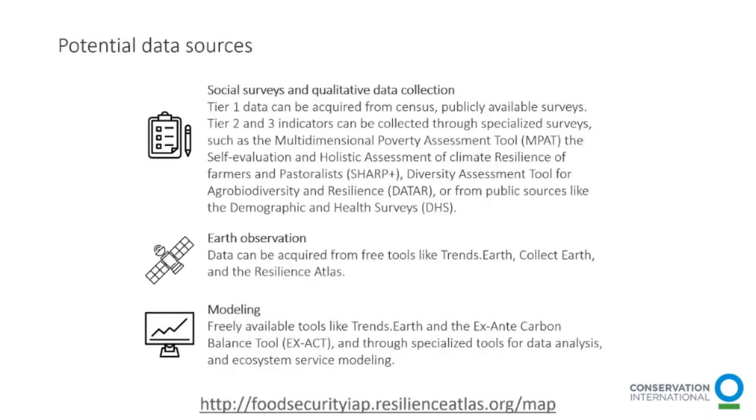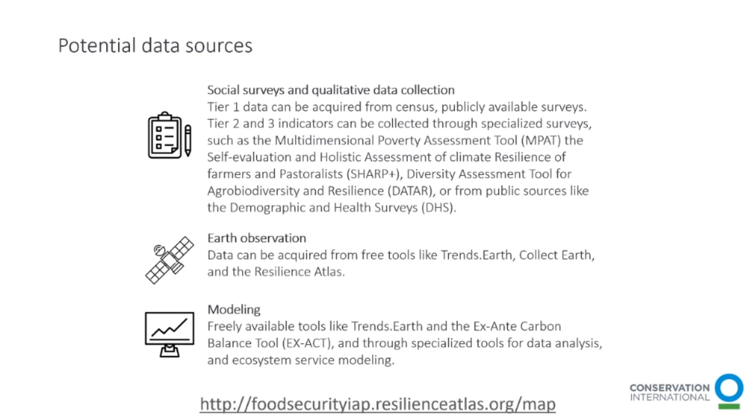What are some potential sources for these indicators? Well, it's going to vary a bit depending on the component that we're talking about, be it assets and capacities, stressors and shocks, or contextual factors. But in general, social surveys and qualitative data collection, Earth observation, and modeling are all important. Tier 1 data, in terms of social surveys, can often be acquired from census and publicly available survey data. Tier 2 and 3 indicators, so again, these are the indicators that are typically more detailed,